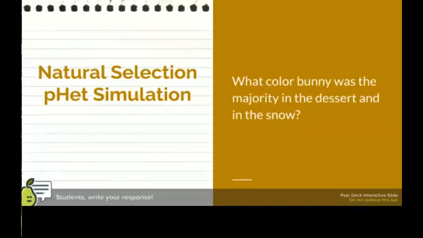Now this applies, right? Bunnies were just one example we saw, but we can see this same scenario apply to almost anything, right? If you can hide in your environment, you're not going to be found, and that's a good thing or a bad thing sometimes. But generally, if you're an animal or an insect or something and you want to hide from something that's going to eat you, that's going to be beneficial.